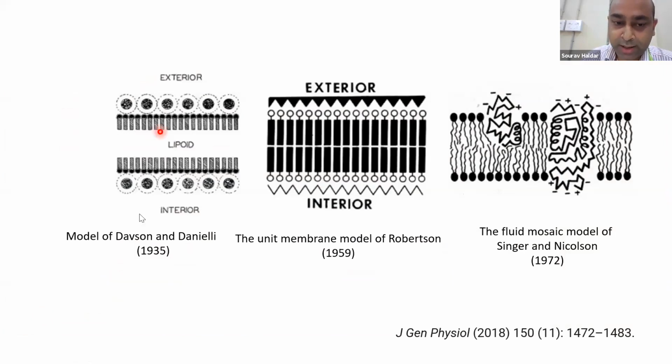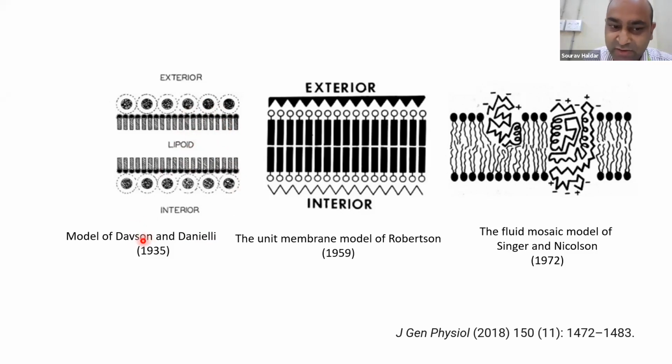All right. As I told you, the Singer-Nicolson model was a continuous evolution of models. The first model for the lipid bilayer was put forward by Danielli and Davson around 1935, and the idea that the membrane is made of lipid and proteins was known. However, how exactly they were organized was not known. By this time electron microscopy had also been developed, so people were capable enough to identify a boundary, but the molecular organization of that boundary was not known.